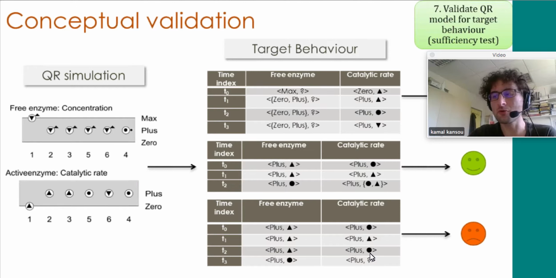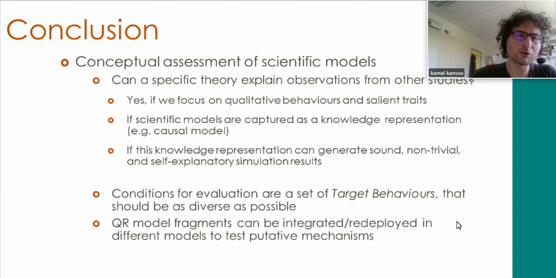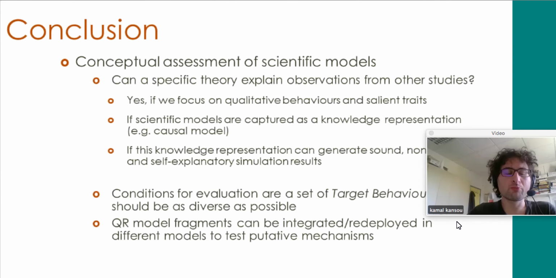And we have good evidence that such a limitation process exists in the real system. So this is an example where we check whether or not a target behavior can be explained with the model. And here we can see that the model can explain 2 target behavior components, but cannot explain the third one. So it was necessary to augment the model with some additional information to explain the third target behavior component. So as a conclusion, I would say that we presented a method